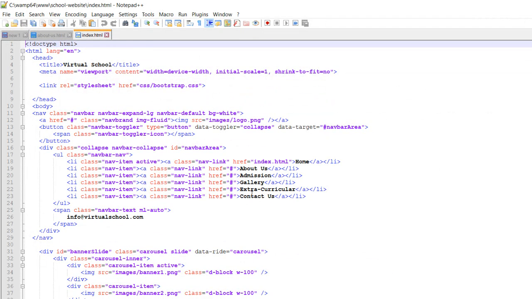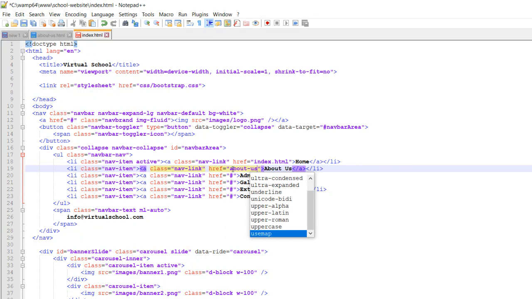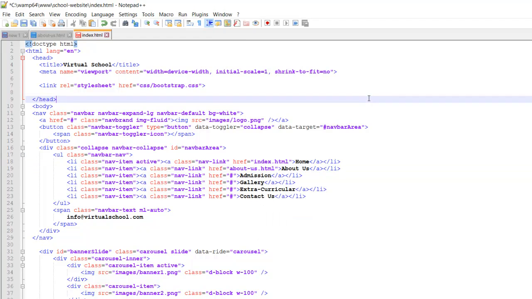Okay, now if you can see here, these are the menu items that we have: About Us, Admission, ABCD, ABCD. The only page that has a link is the home page. So this is the link, index.html. Whenever somebody clicks on Home, it takes that person to index.html. So now when somebody clicks on About Us, we should also put the link here. We have created this page, aboutus.html. That's the link. So on the link part where there was a hashtag, we go ahead and put aboutus.html. Okay, let's save this file